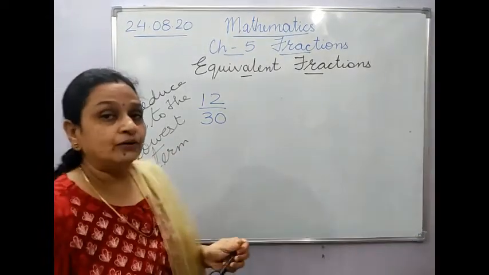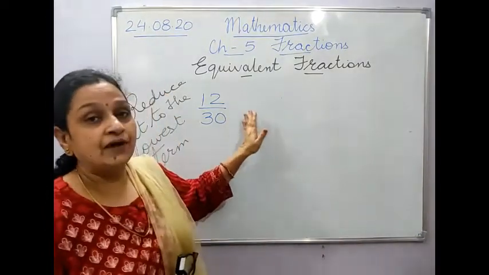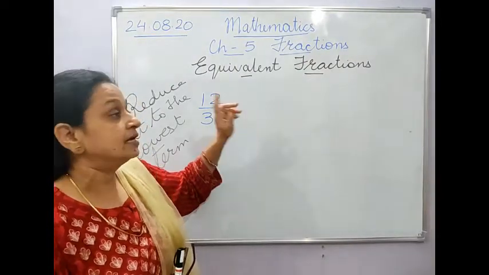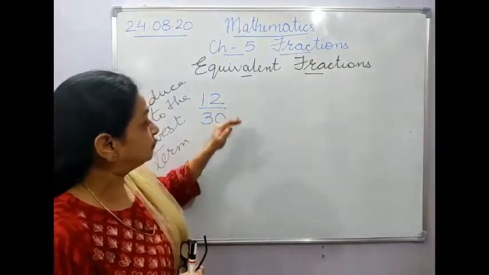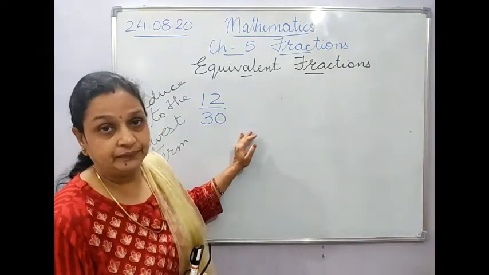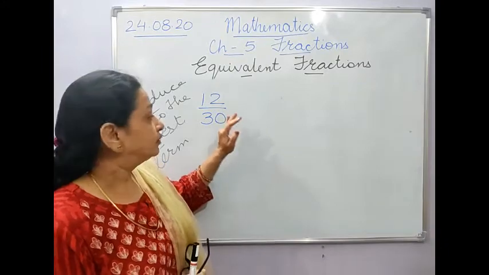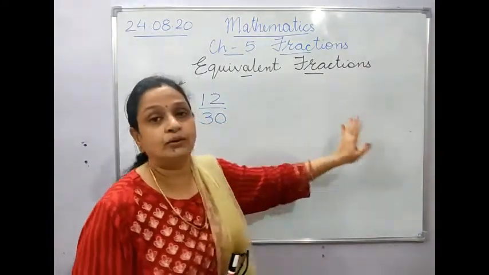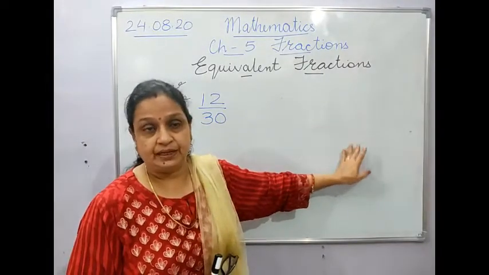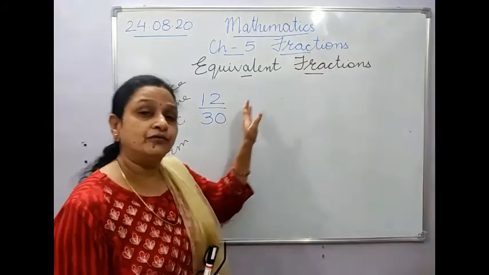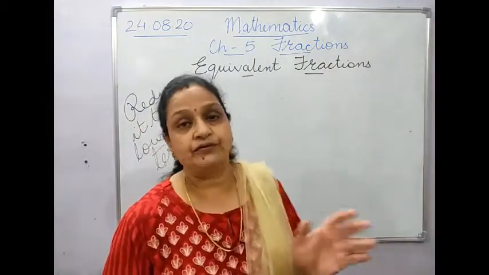So what you have to do, you have to find out the factors of this. Either you find out the factors, that single factor which can divide both of them together. Except 1, you will not take 1. Or you take out the HCF of this numerator and the denominator, and you will divide by that and you will find its lowest term.